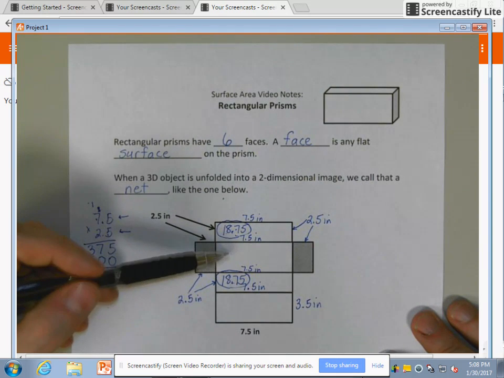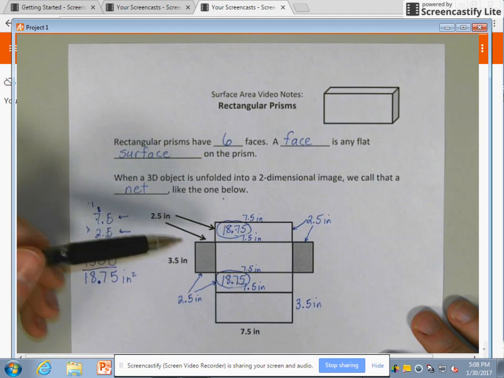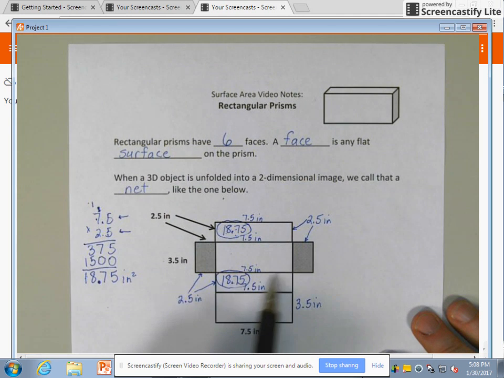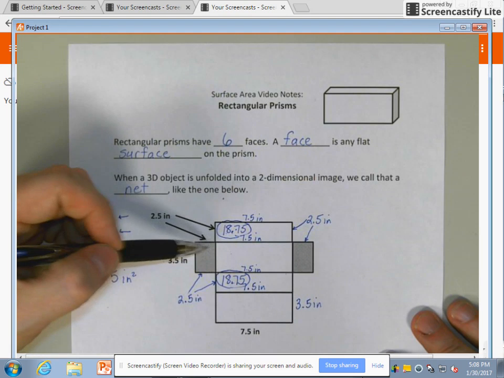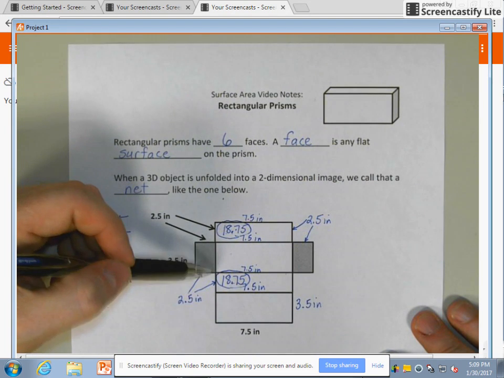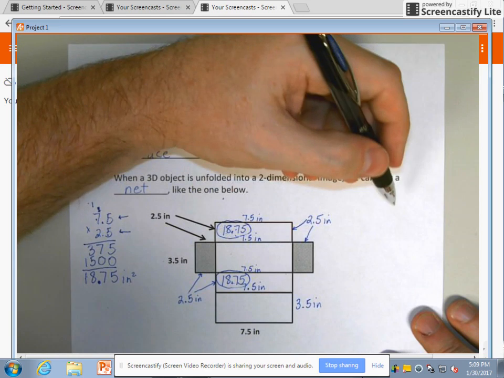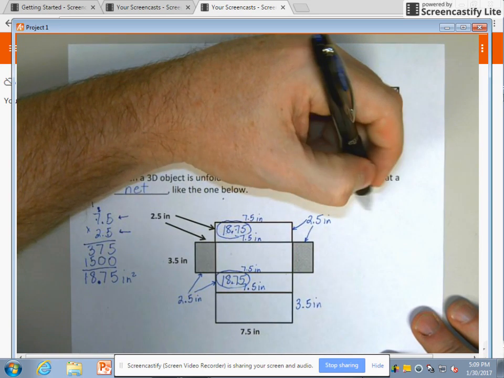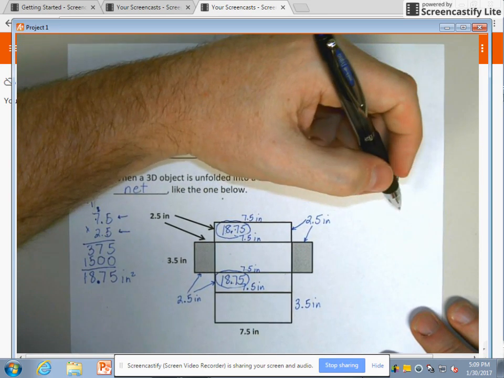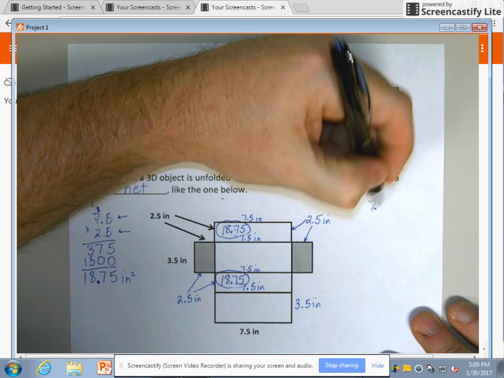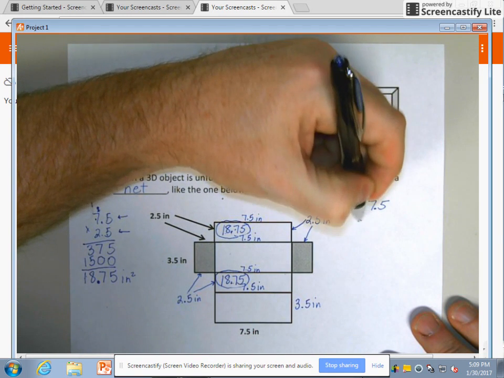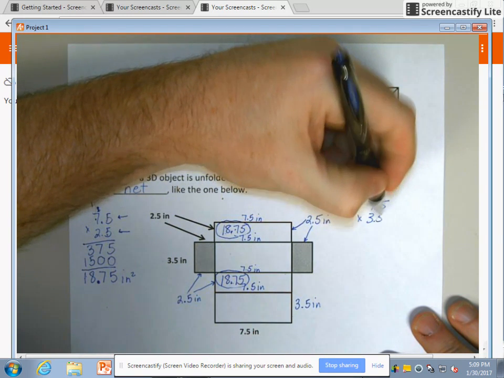Now let's work this larger shape in the middle, and we recognize that it is 7.5 inches this direction, this wide, and it's going to be 3.5 from top to bottom here. So we'll need to calculate that on this right side, and I'll try to keep my arm out of the way so you can see it. So 7.5 times 3.5,